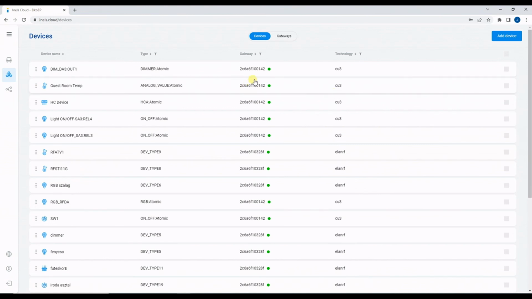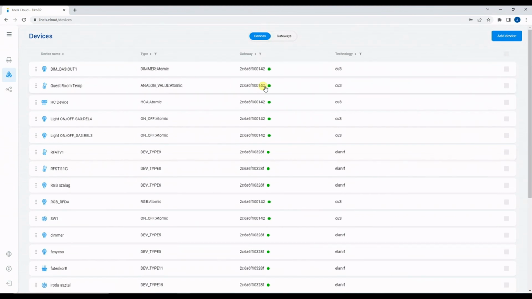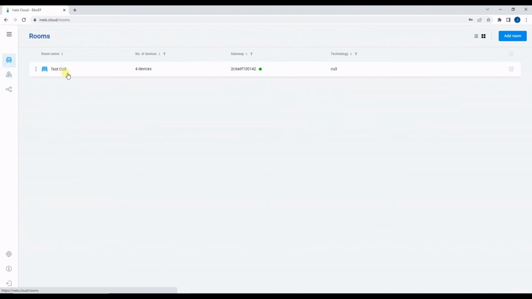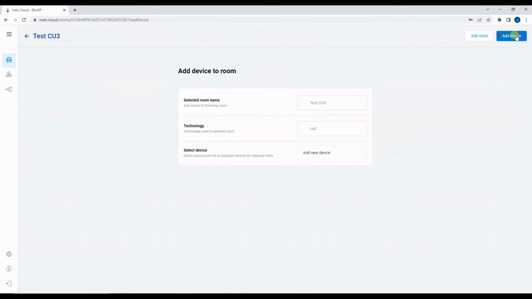So after we add all the device from the CU and ELAN, now it is important to add all the CU devices to its own room. So I have added one room before when we add the on-off device. So we will add more devices to that room. So add devices. So the room name is here, technology is here. So here it will show the pending remaining devices. So guest room devices I will add,